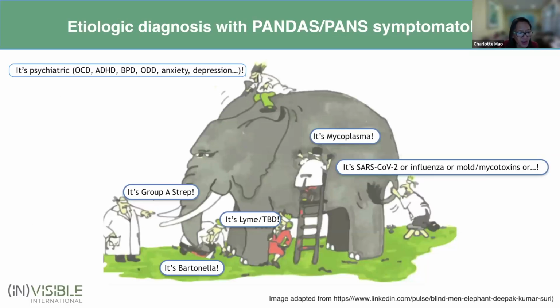This cartoon shows different doctors as so-called blind men examining an elephant patient with a PANS presentation, each pronouncing a different diagnosis based on their point of view. And I in no way mean to suggest that clinicians are blind to the big picture of PANDAS-PANS, but rather want simply to acknowledge that each of us likely views the condition with our own professional biases, and I'll acknowledge,